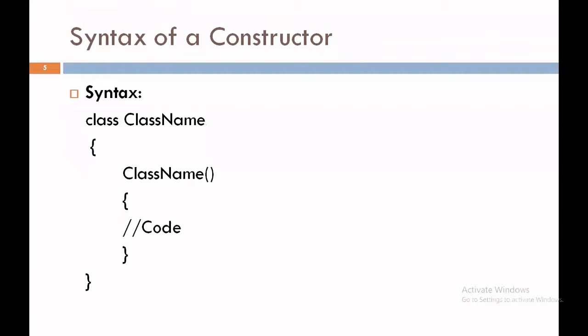We all know that a constructor is declared in a Java class. So first of all, we have to create a class and specify the name of the class using the class keyword. Then after that we have to create a method that is nothing but a constructor, and the method name has the same name as the class name. So this is the constructor with the specified task. The rules of a constructor are that it does not have any return type and its name is the same as the class name. So this is the syntax for creating a constructor in Java.